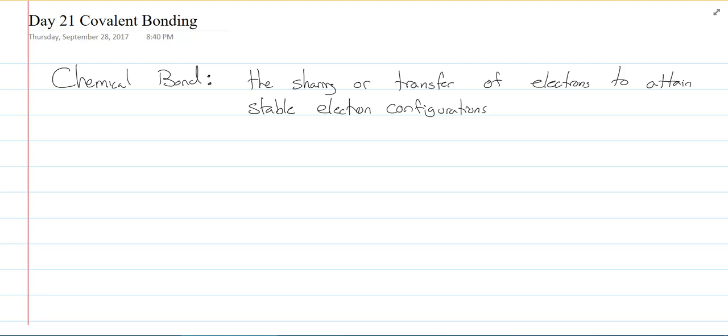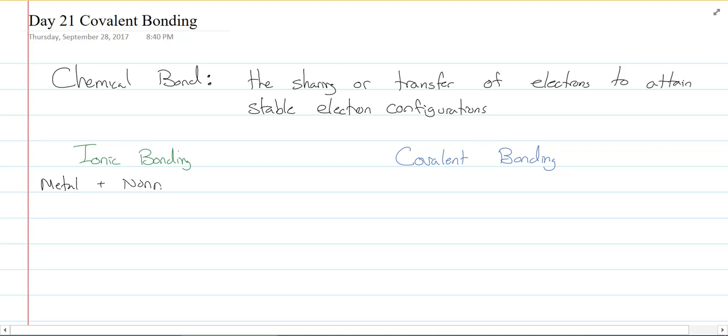Two types that we're going to talk about in this course: ionic and covalent or molecular bonding. Ionic, a metal and a nonmetal. Also, polyatomic ions are in there with a metal. They're, of course, on opposite sides of the periodic table. And the difference here is that basically it's ended. It's not infinite, but we're going to say an infinite array